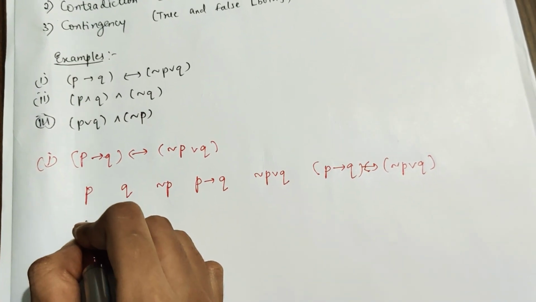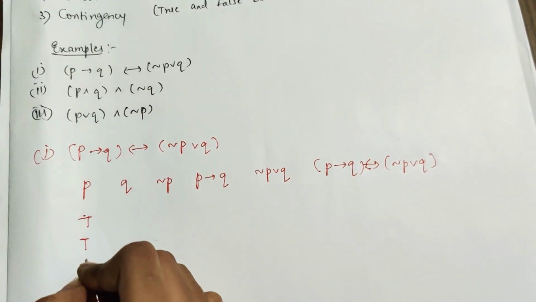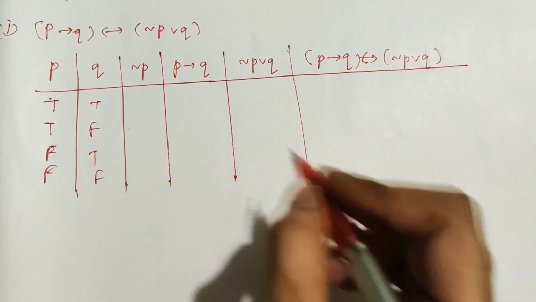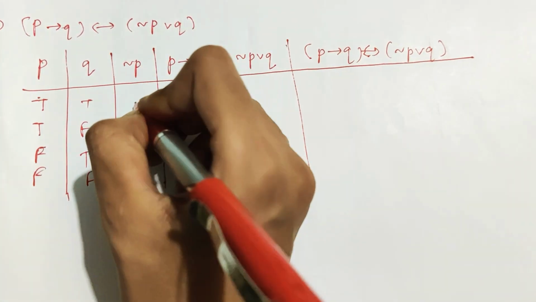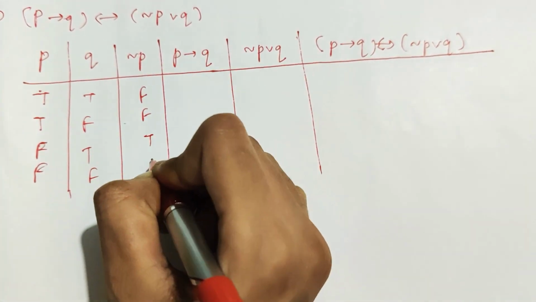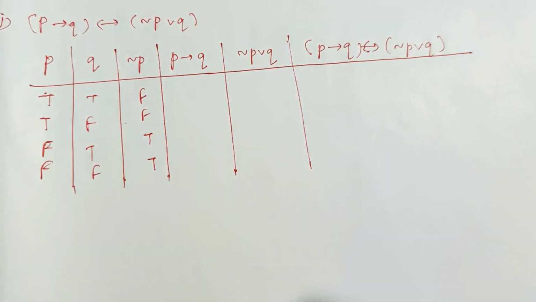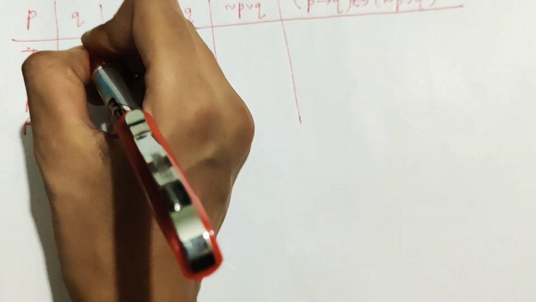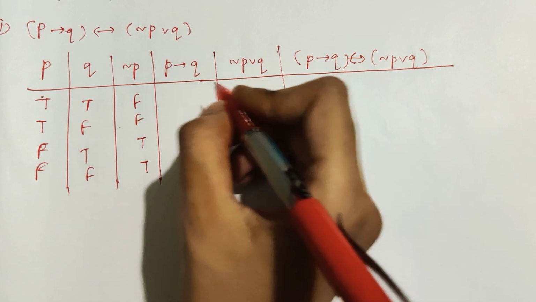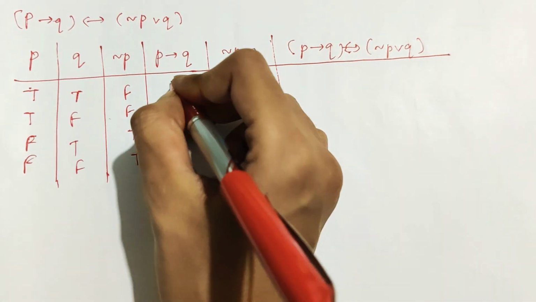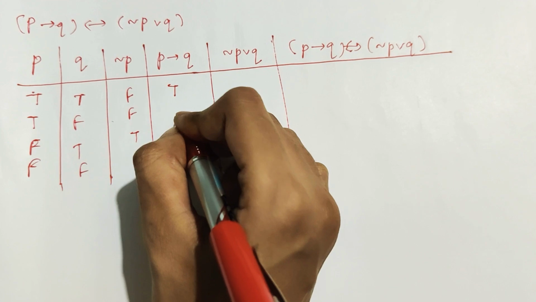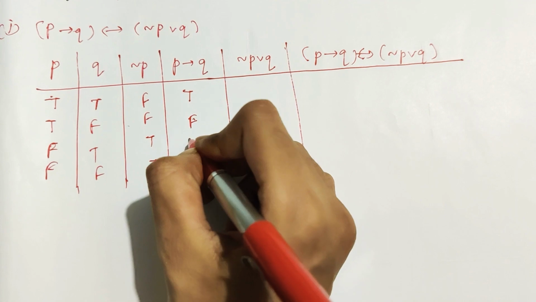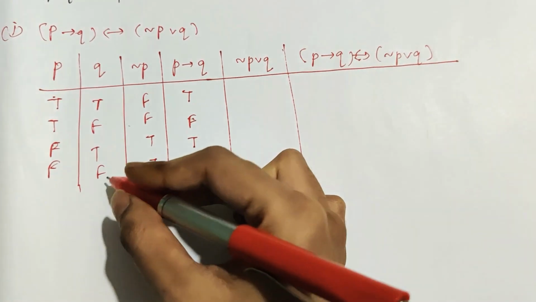Then we will draw the entries: true, true, false, false. These are the entries. Now negation P means opposite of P, that is false, false, true, true. P implies Q means what? If both the values are same, then true, otherwise the value of RHS. This is true. So here both the values are same, so true. Different, the value of RHS is F, false. In the second also the value of RHS is T, true, and same, so true.